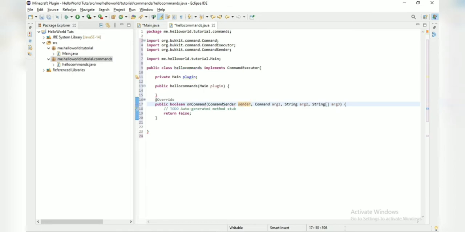So sender, and then CommandSender, and then label. Sorry, no, this is going to be cmd, my bad. Cmd, label, and then args. That's it. That's args, yeah. So after that, what we are going to do is